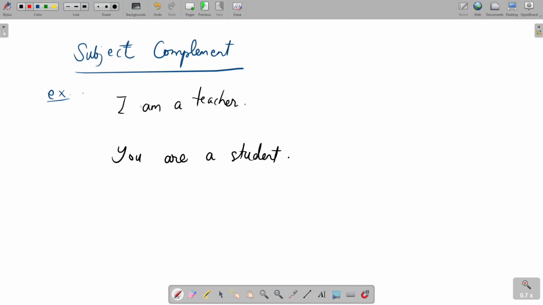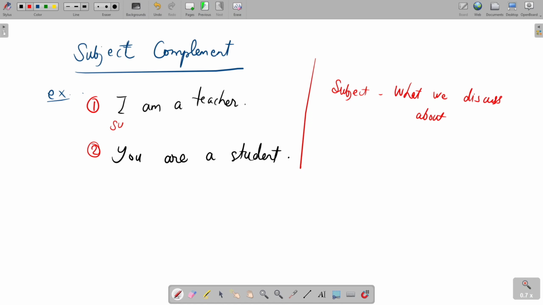So the definition of the subject, at first we will write it here. Definition of the subject is what we discuss about. In the first sentence here and in the second sentence here, look at the first sentence. We are discussing I am a teacher, so we are discussing about the subject I, because here the main title, or we can say the main idea of the particular sentence is I, because we are discussing about I,